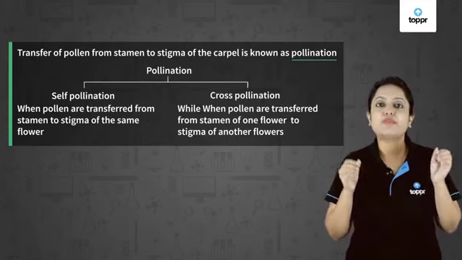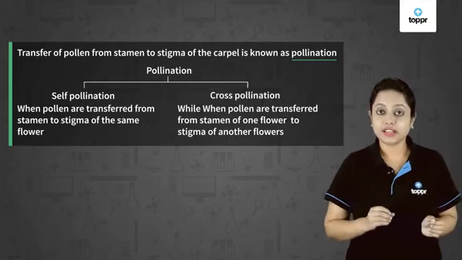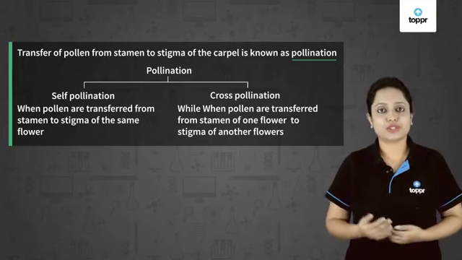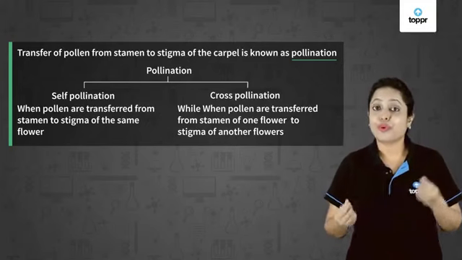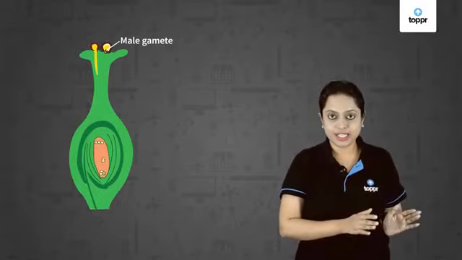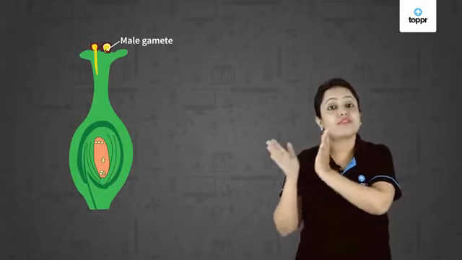For such type of pollination, pollen are transferred to the other flowers with the help of many agents like wind, water, animals, etc. So now we know that for fertilization, male gamete from pollen should meet the female gamete